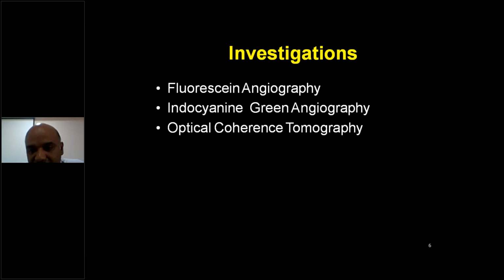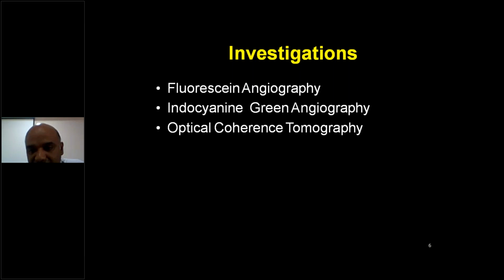Now, what is a CT scan? What does it do? It takes slices of our body and it is imaged. It's something like an X-ray tube which takes the image of our body in slices. Something similar to that is optical coherence tomography. CT is computerized tomography; this is optical coherence tomography. So what does it do? It takes cut sections of the retina, so that you are able to see the picture which I earlier showed in a cartoon form. You are able to see that picture clearly in optical coherence tomography.